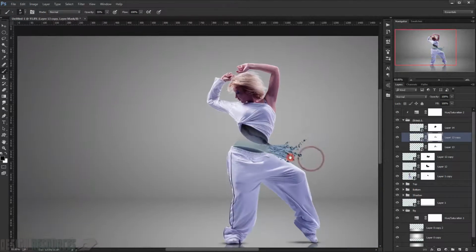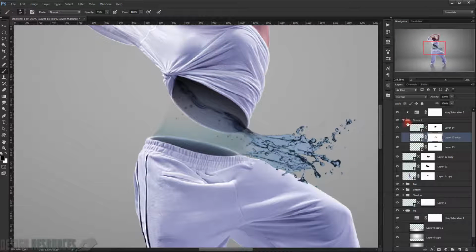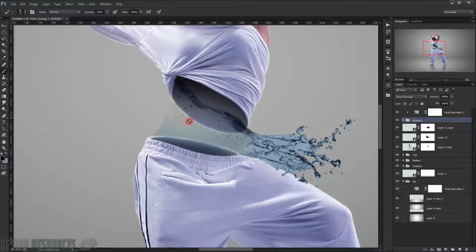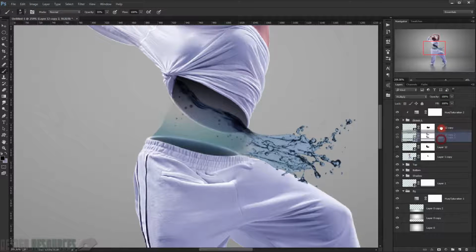Alright, looks cool. Now what I can do, I would like to duplicate a little bit of this water in here. So we choose this one in here, and I will duplicate it, and I will put it on top of every